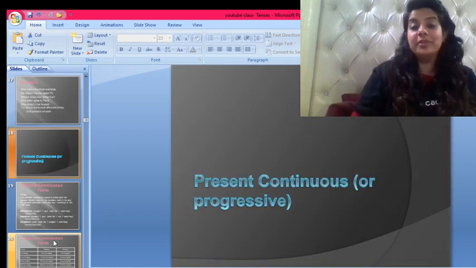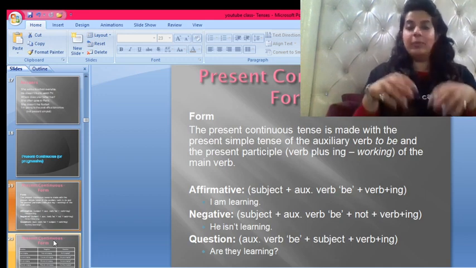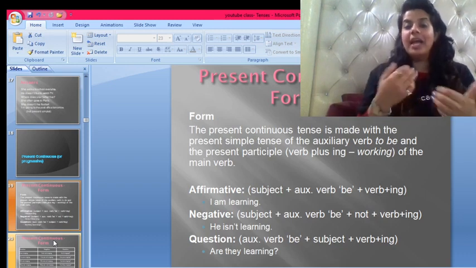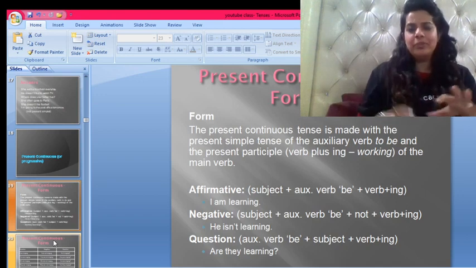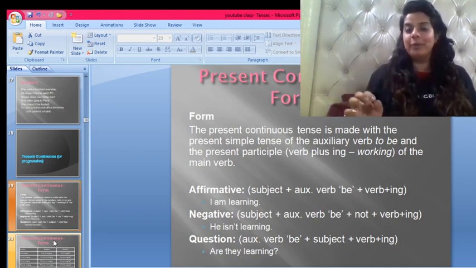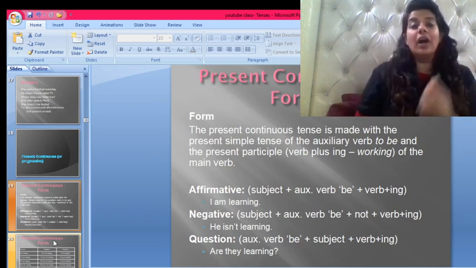present continuous or progressive tense. Now, present continuous tense would be, for example, right now, I am sitting in front of you all. I am teaching. I am smiling. Something which is happening at the moment continuously is present continuous form. Okay? And how do we make it? We just add ing